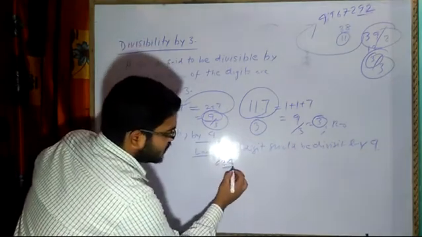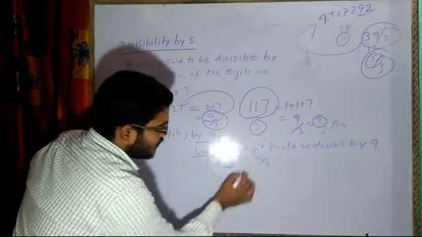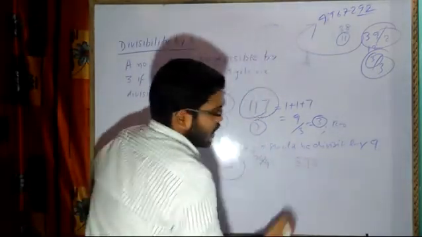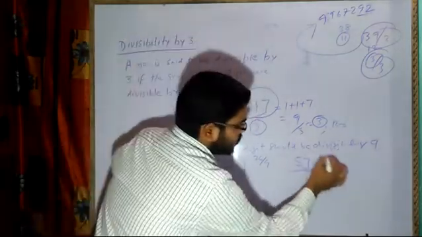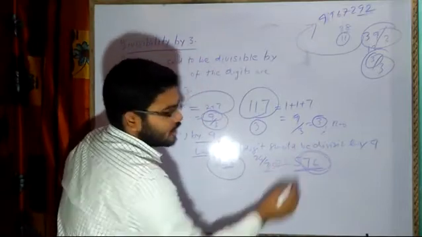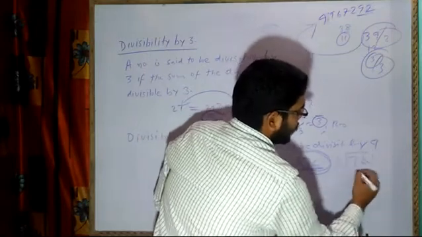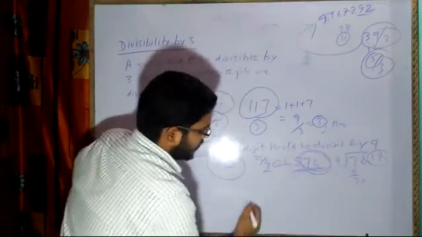Now the last two digits are 24. 24 is divisible by 4. So this entire number will be divisible by 4. If I have 576, if the last two digits are divisible by 4, last two digits means these two, then definitely the entire number, whatever it is, will be divisible. So we can check 76 divisible by 4. 4 nines are 36. So this entire number will be divisible by 4.